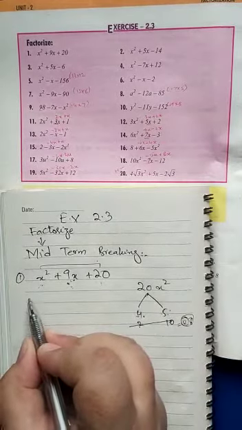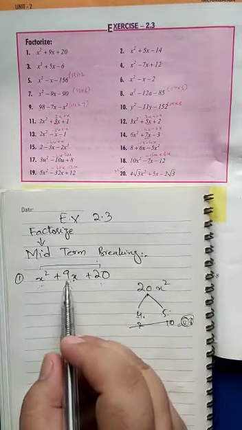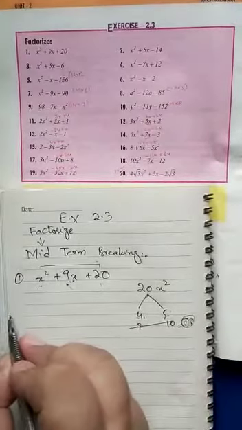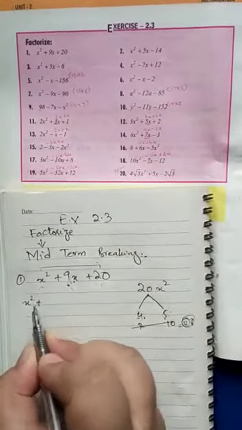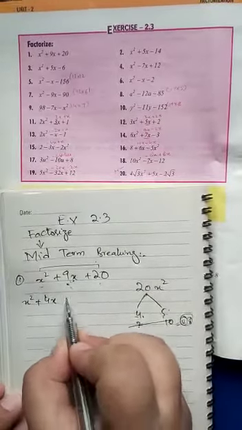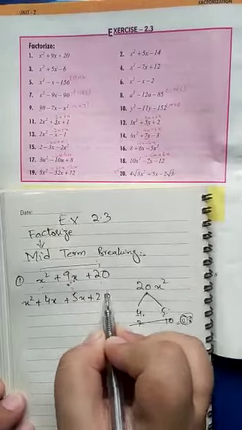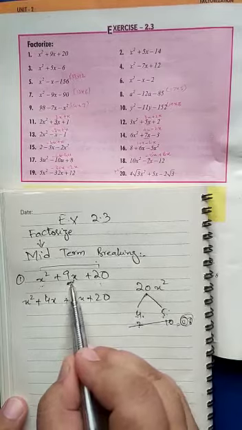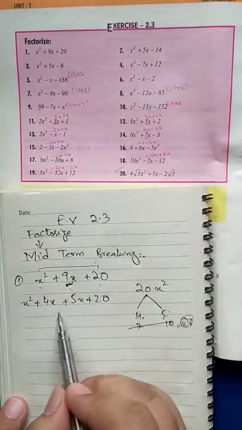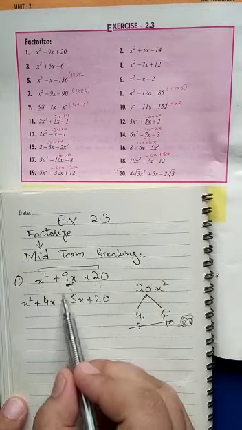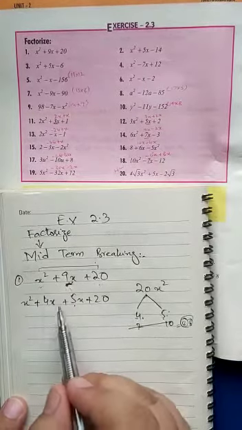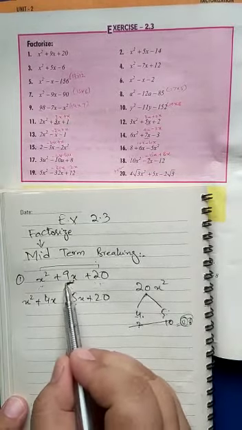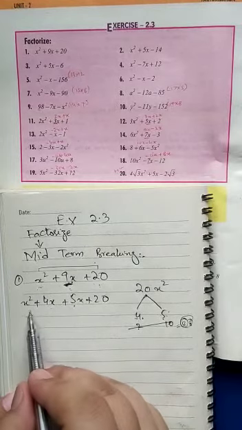So here we will make the factors. Instead of 9x, we will write 4x and 5x. See how we are writing it: x square plus 4x plus 5x plus 20. Now these three terms are converted into four terms. The middle term is broken into two, so we have four terms. This 9 is broken into 4 and 5, and if we add 4 and 5, we again get the same value. But we convert these three terms into four terms, breaking this middle term, because we want to solve it, and for this purpose we need four terms.